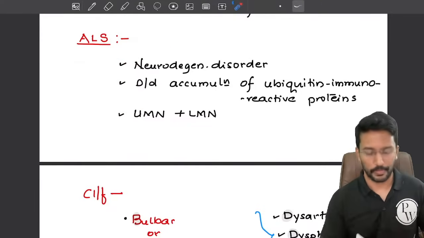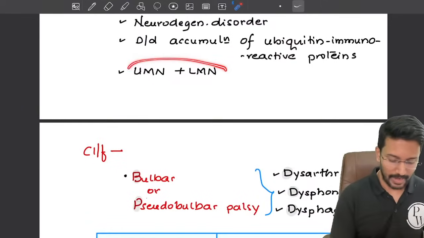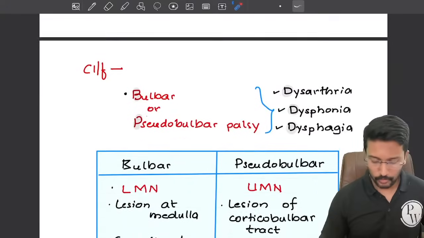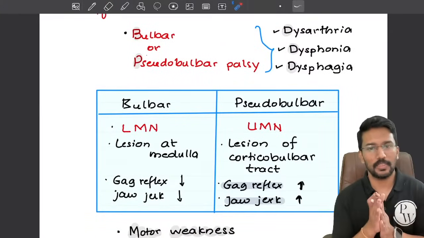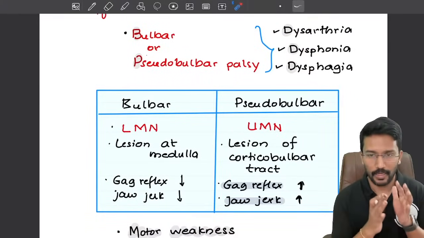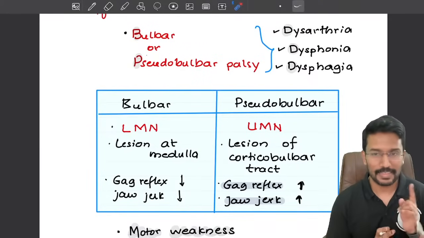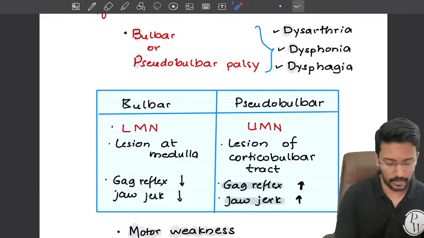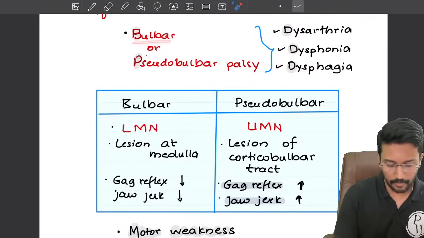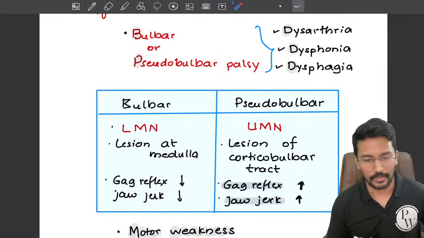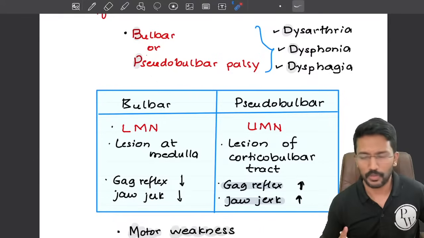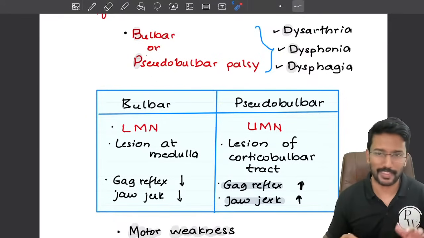proteins. Okay, so in this condition there is both UMN and LMN damage, and in terms of the clinical features, these patients generally present with weakness of muscles because the motor neuron is involved. Second, and most important and a characteristic finding, is they can develop either bulbar or pseudobulbar palsy. Now this is again an important MCQ template, so let me spend 3-4 minutes trying to explain